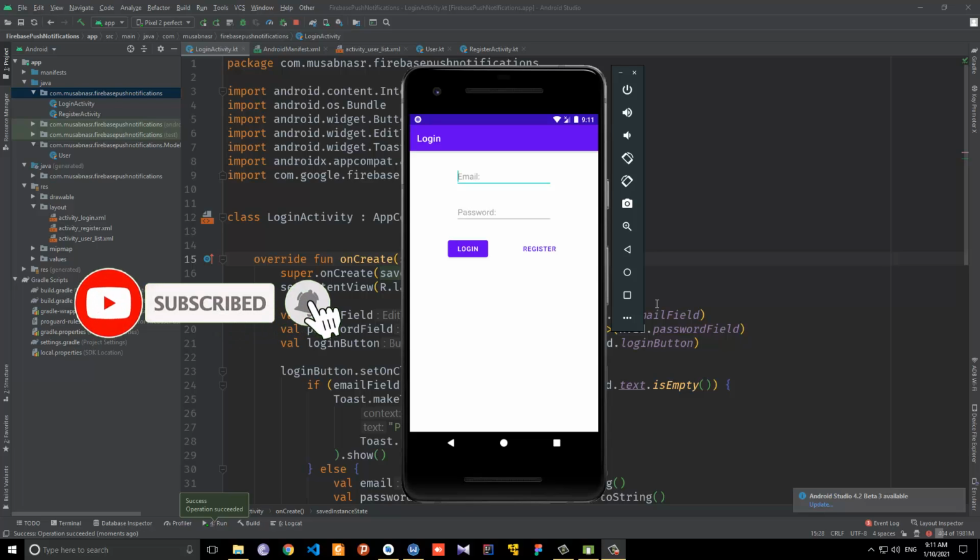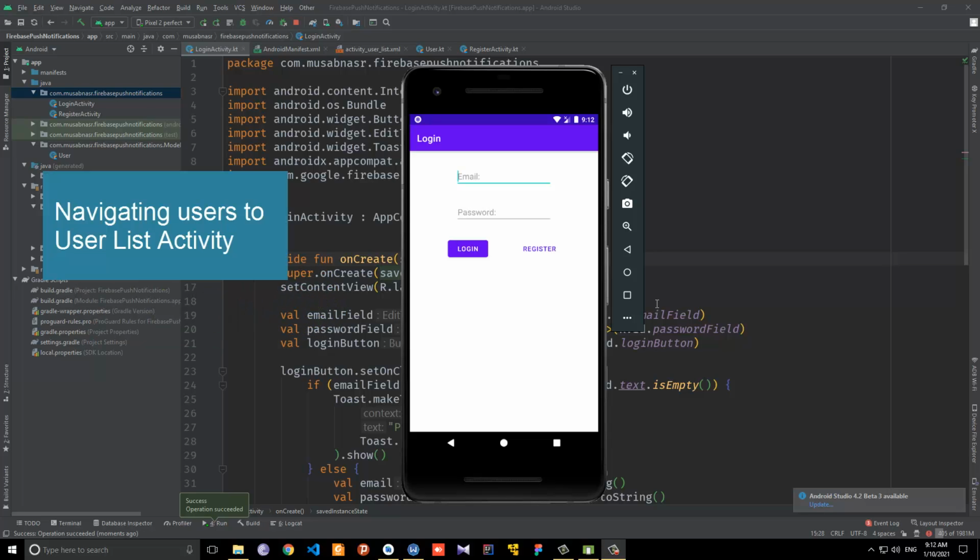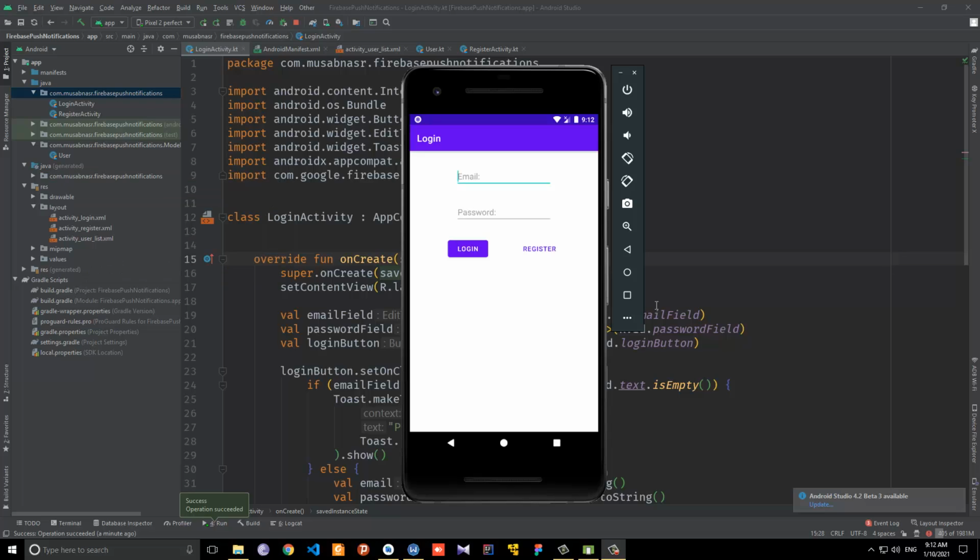Now it's time to create a new activity, and this new activity will be called user list activity. In the next few videos we will use that activity to show a recycler view of users, and then you can select a user to send a notification to. But for now, let's create it and then navigate the registered users, or if the user logs in, to that